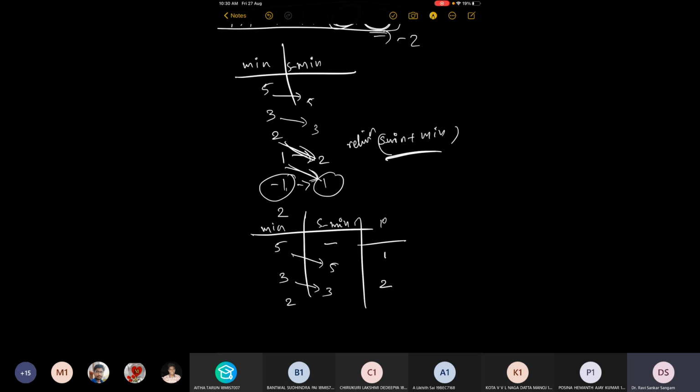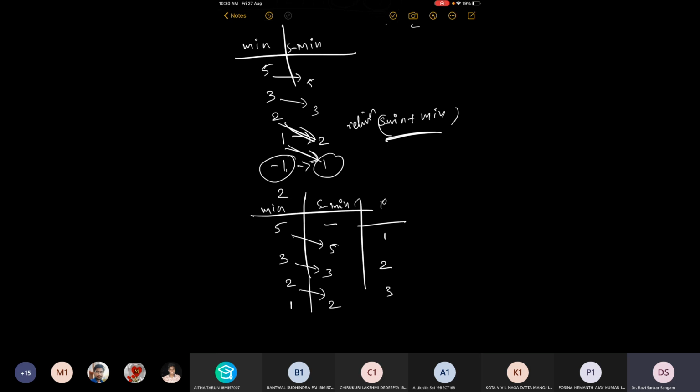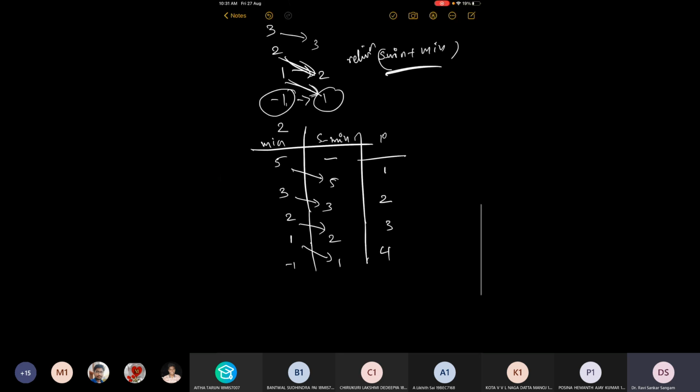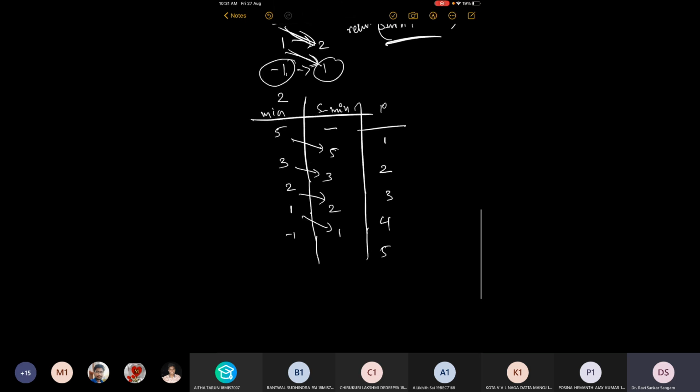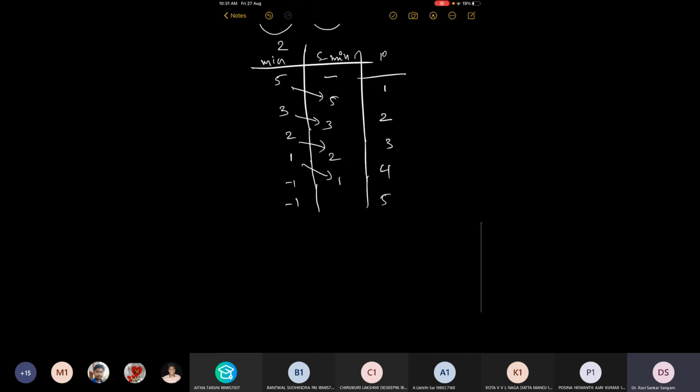When I equal to 3, we compare 1 with 2 and find a new minimum, so the previous minimum is copied into second minimum. For 4, minus 1, again a new minimum, so the previous minimum is kept in second minimum. Now I is 5, minus 1. Is minus 1 greater than minus 1? No. So this is minus 1 and 1.